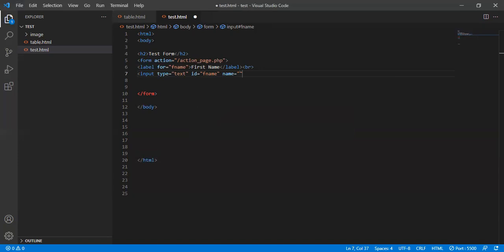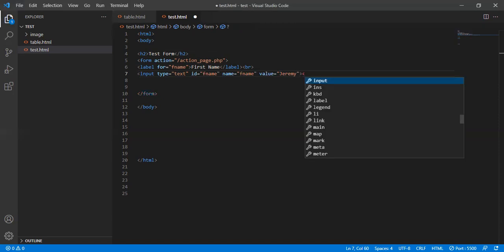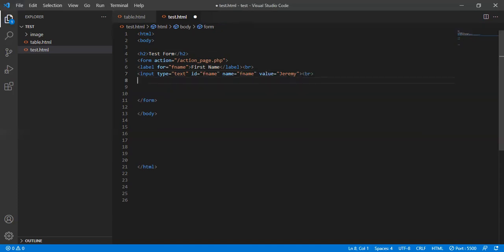Of course, give it a name. What is the name? The first name. Then we give it a value. A value, you can write any name, maybe Jeremy. Give it a value, and then we need to break it again. BR, and then we need to